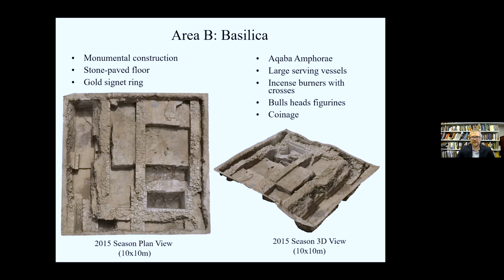We originally encountered this building. We didn't know if it was a temple or a palace or some other kind of building. It could have even been a mosque, potentially, because if it was a little bit later in time, it would have spanned into early Islamic civilization. But eventually our excavations in 2015 and 2016 revealed that this was in fact a basilica with a stone paved